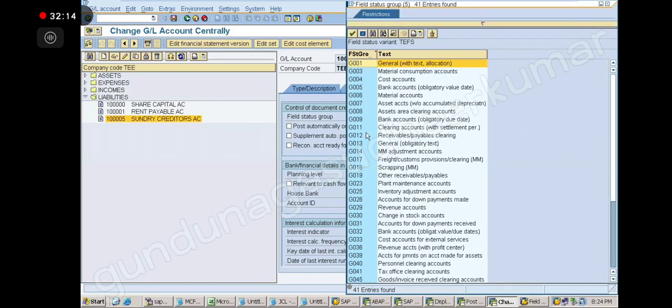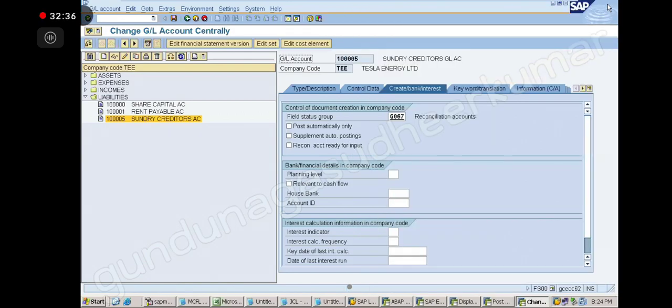But this group I copied now, all the groups I copied. What is my variant? TEFS. How did I create TEFS? I copied from 0001, right? You don't remember step number 11 and 12, enterprise structure?